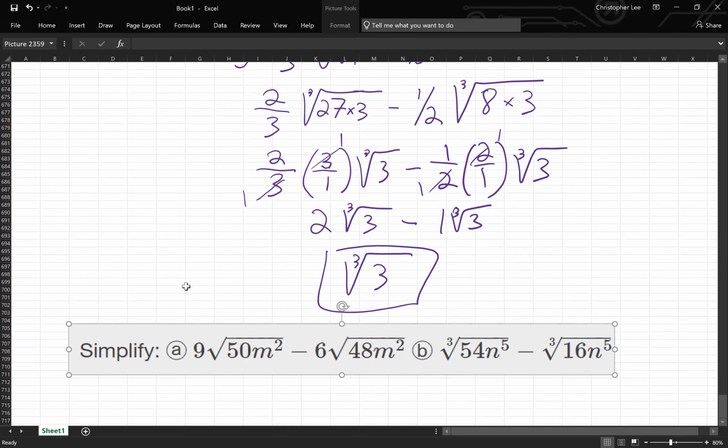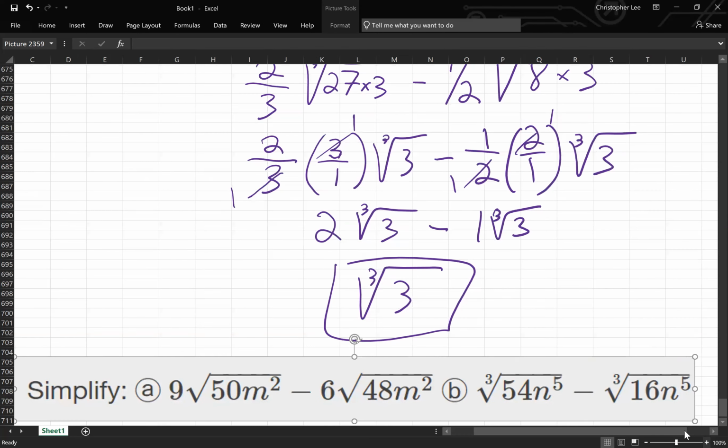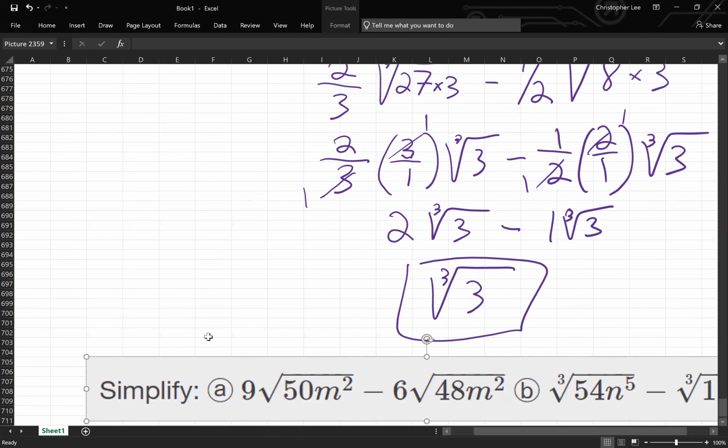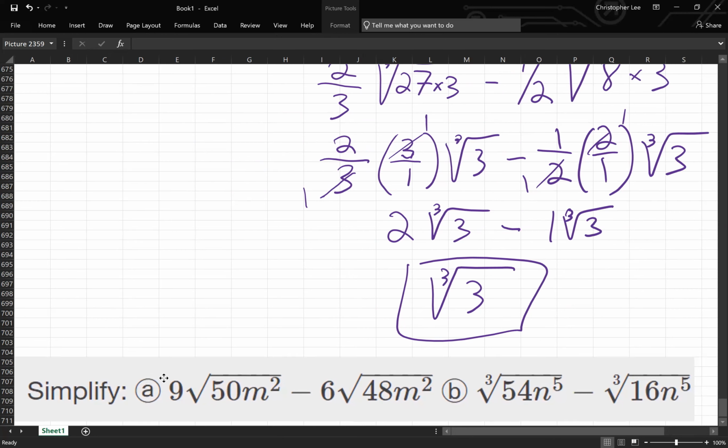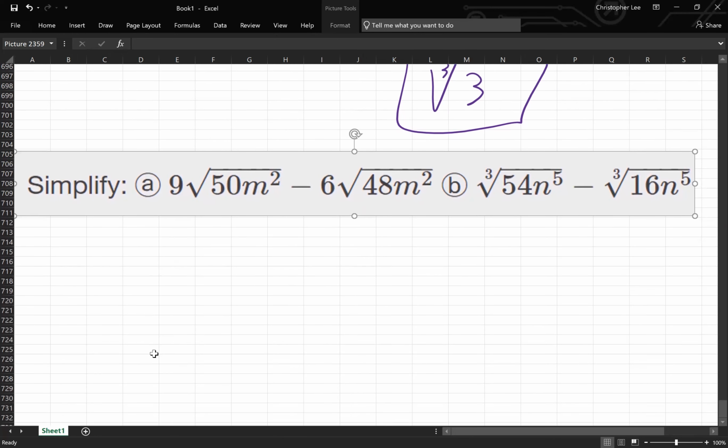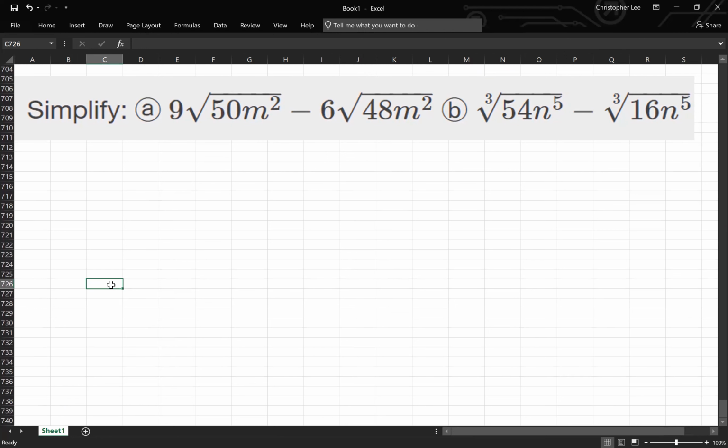Let's take a look at this one. So we have 9 square root 50m squared minus 6 square root 48m squared, right? So what I want to do is simplify the radicands first. So this is going to be 9 times square root of 25 m squared times 2